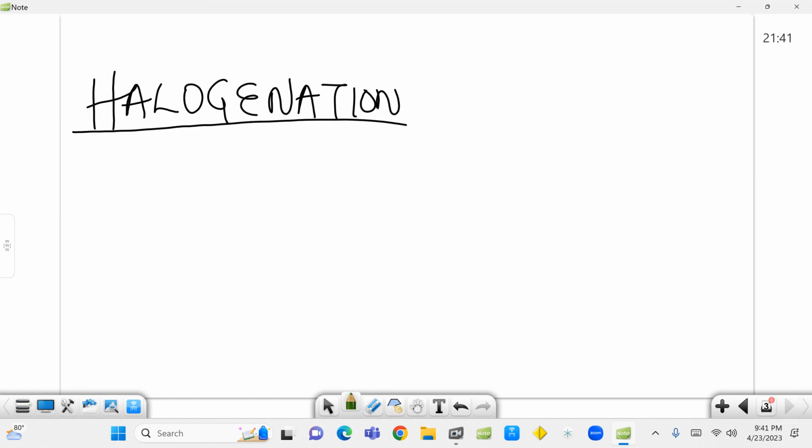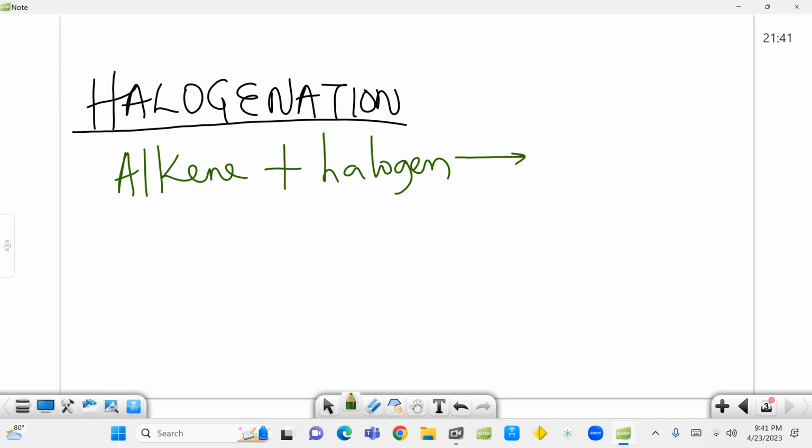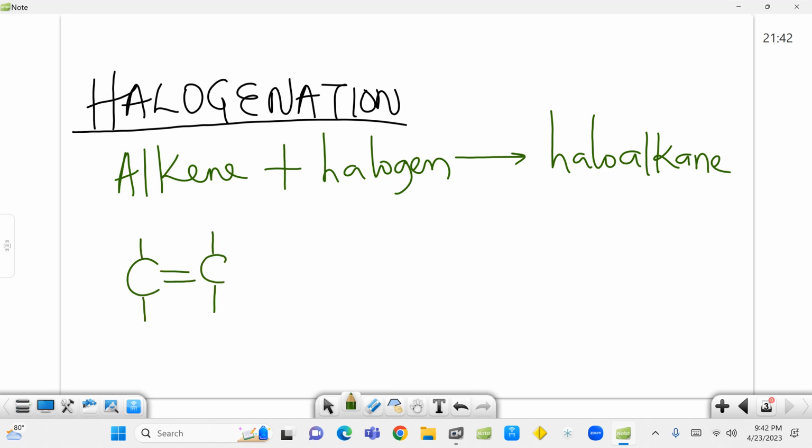All right, let's also see halogenation. Halogenation involves the addition of a halogen, a group 7 element, across the double bond of an alkene. Okay, so if we have the alkene right here, and we have the halogen. Halogen can either be chlorine, bromine, fluorine, any of those halogens would do, and we should form haloalkane. Okay, a typical example would be, let's use the same substance we used before, ethene, which